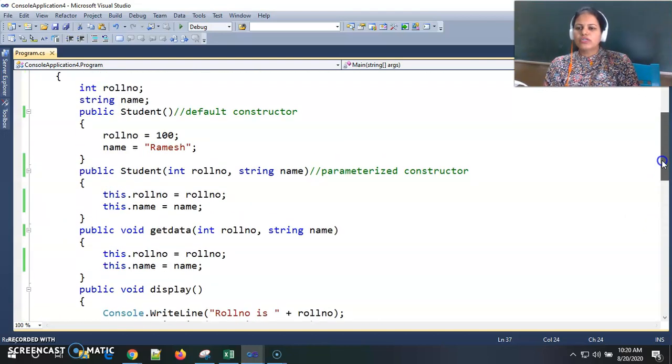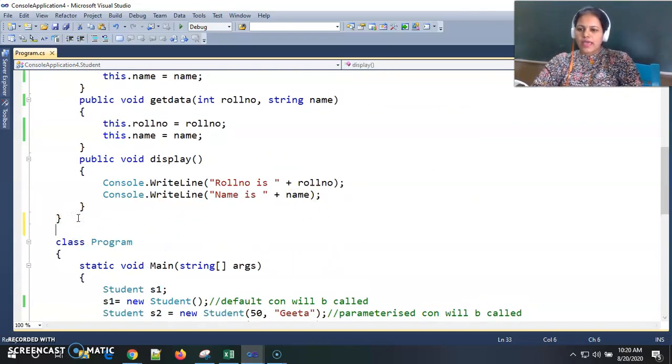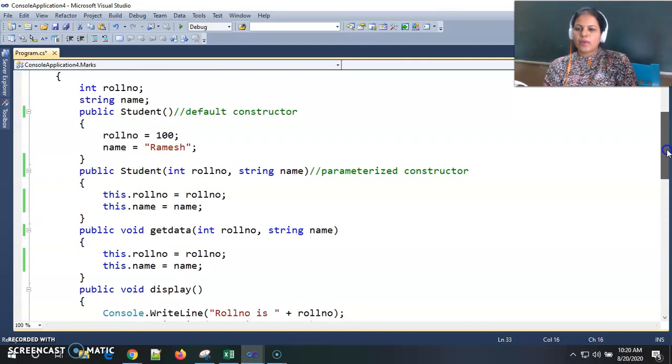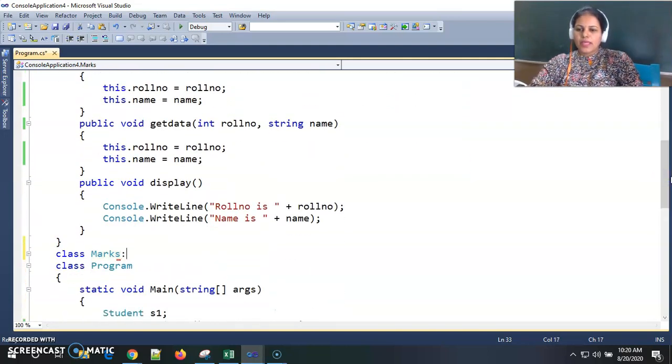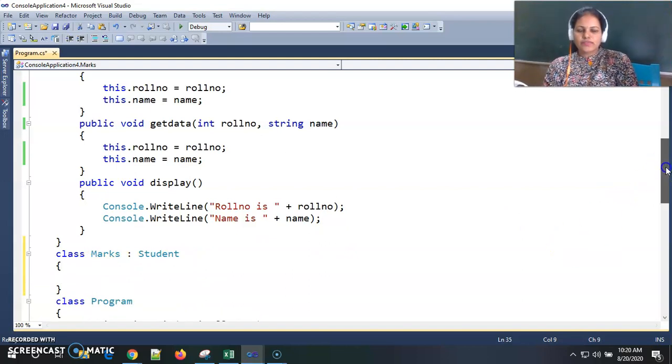Now I am creating another class called marks, and if I want to use inheritance, meaning I want to use this student class's properties inside this marks class, then I use student as a base class. This is the syntax in C# to inherit one class from another.